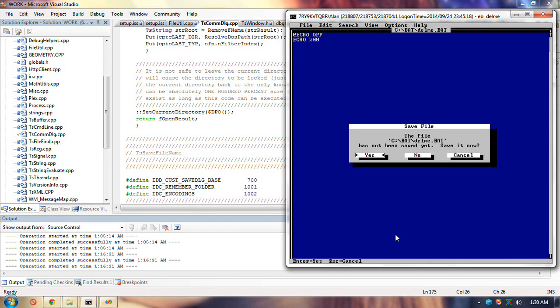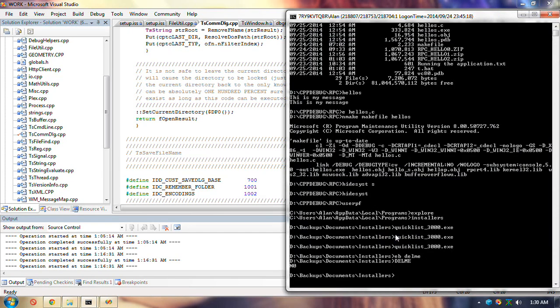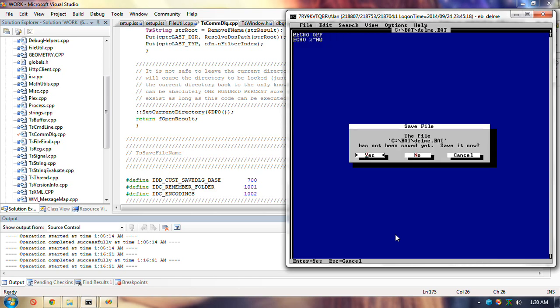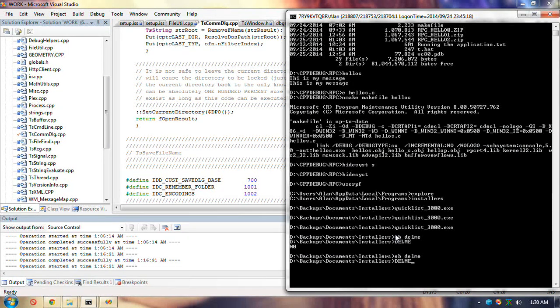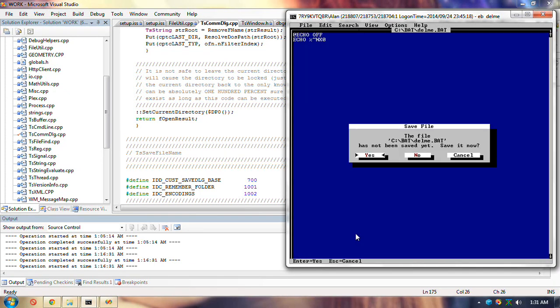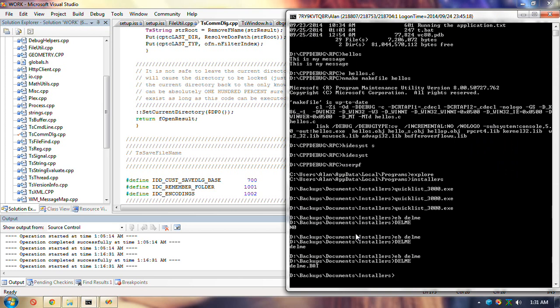You can use a dollar though. What it's printing out is the name of the current batch file. If you wanted the extension, you put an X here, and that's the result.